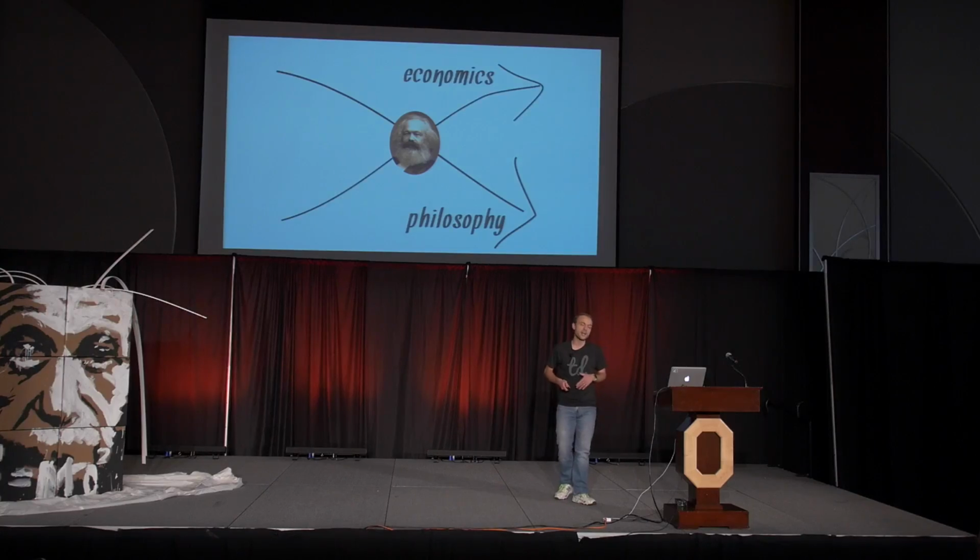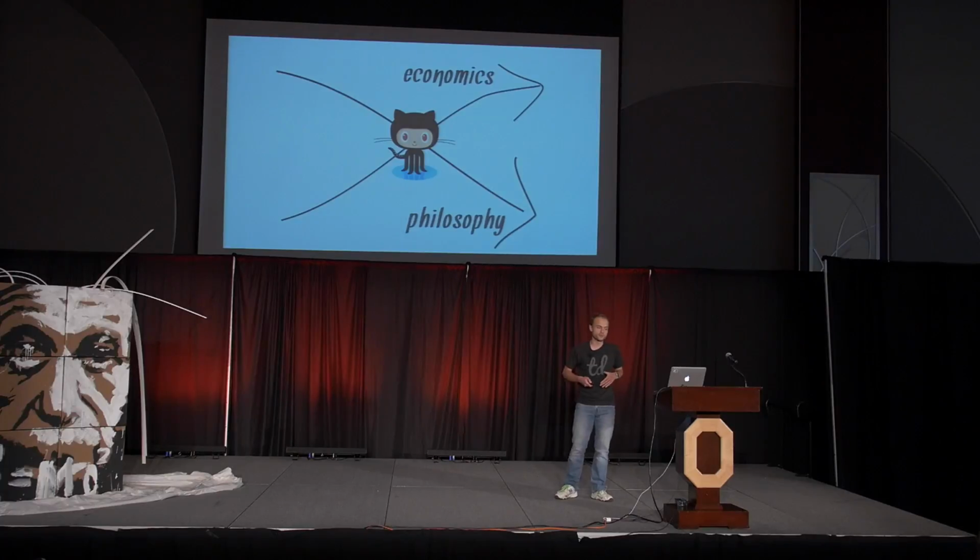And if you think of Capital, it's a book that exists at this intersection of 1, philosophy, and 2, economics. And so does open source, right? People have this philosophy that if we just share code for free, good karma and good things are going to happen. But meanwhile, there's all these companies making boatloads of money off of open source. So let's reflect a little bit on economic progress over time